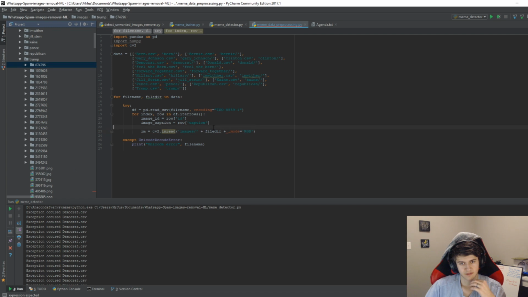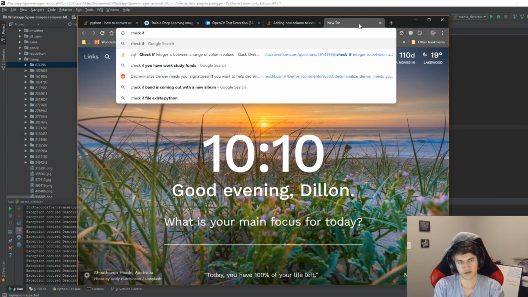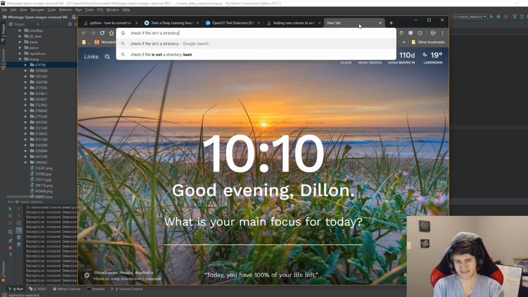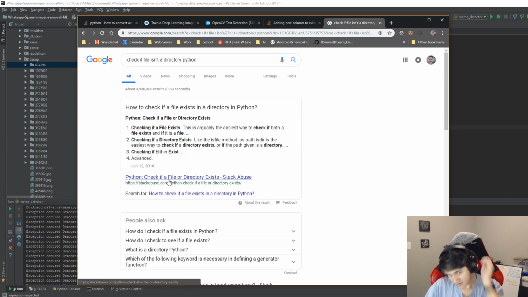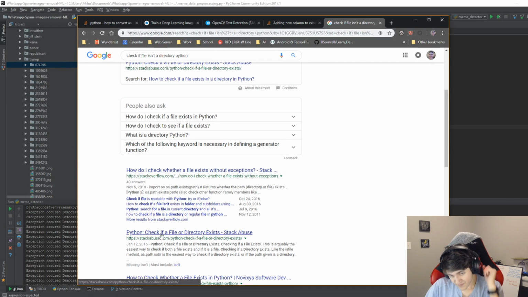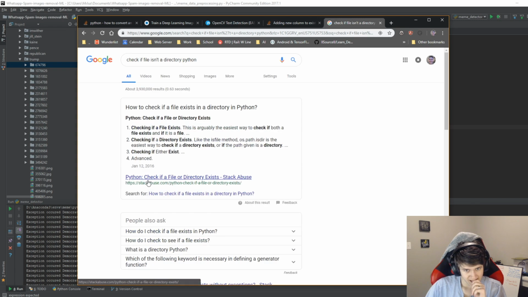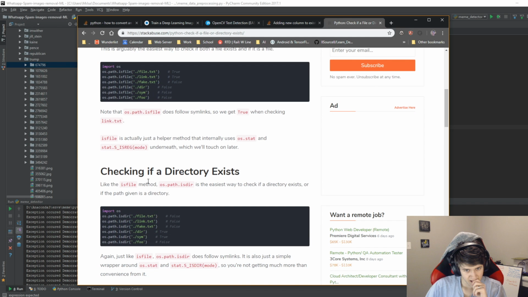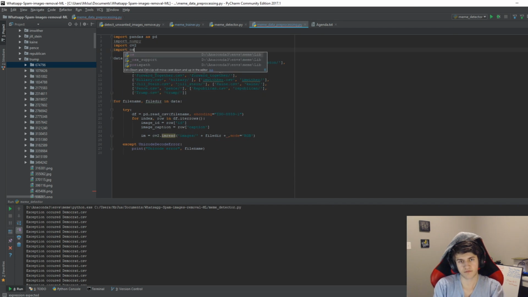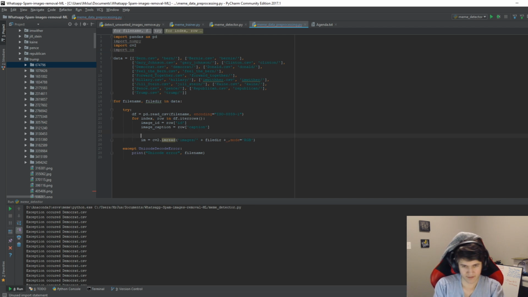So where's this going to say? We need to make sure that our thing is not a directory. Check if file isn't a directory. Does that make sense? Okay, so we need to import OS as well. And then we're going to create a new image path, perfect. I'll take this out, place that in there, and we'll say if images plus file dir plus the string of the ID